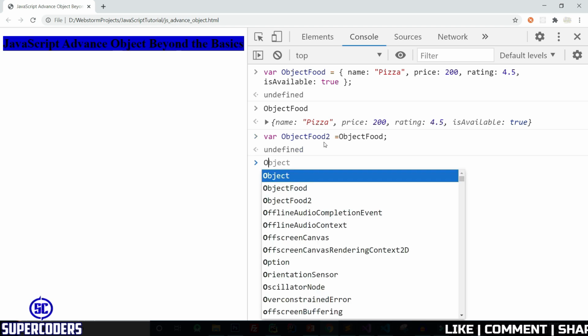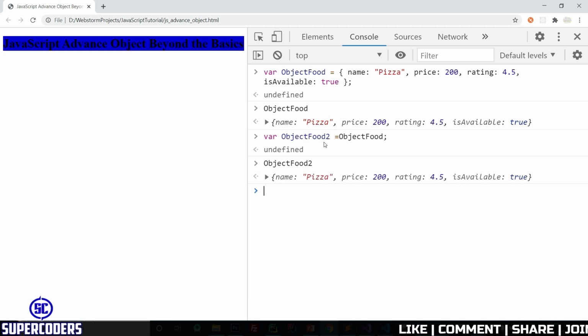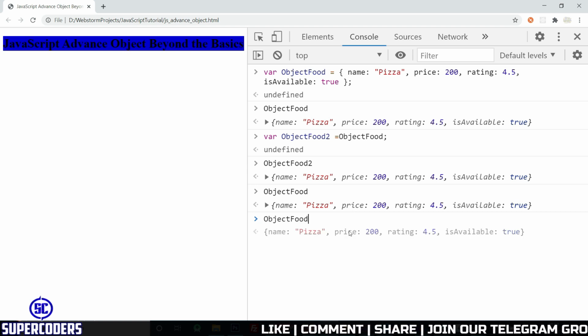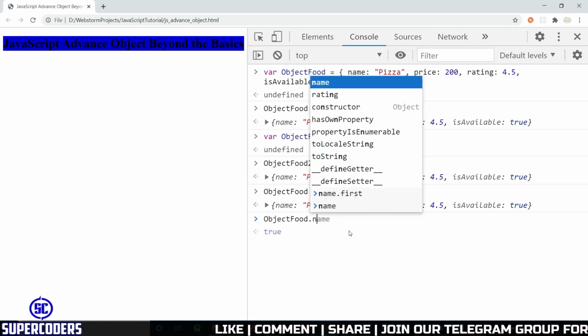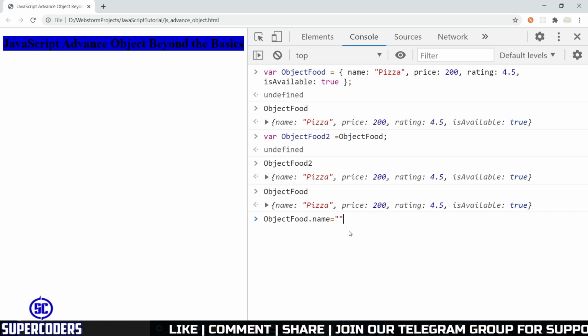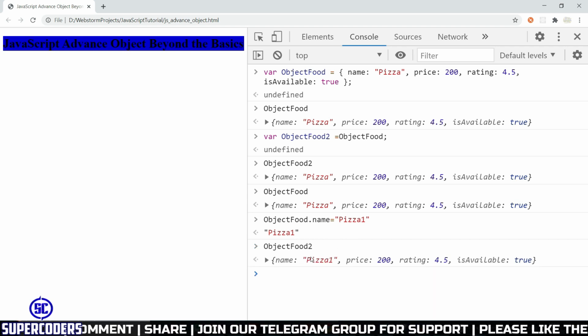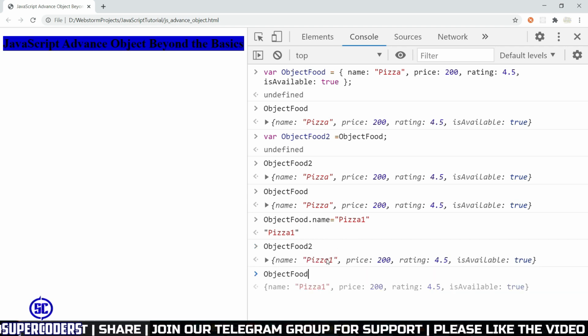And if I access object food 2, you can see it's printing the same value contained in object food. But if I change the value in object food, like dot name equal to pizza 1, and if I access object food 2, you can see both values get updated.